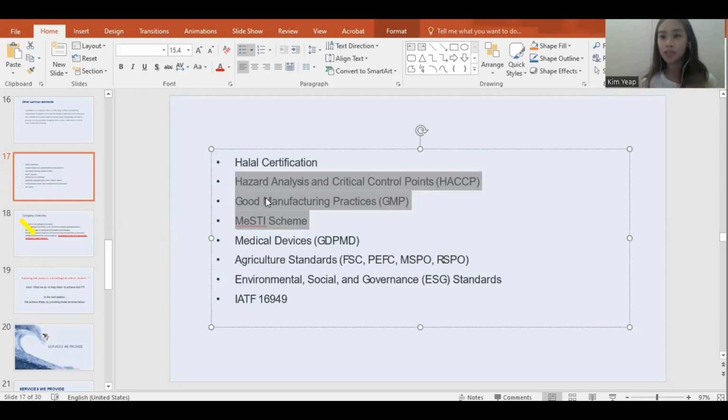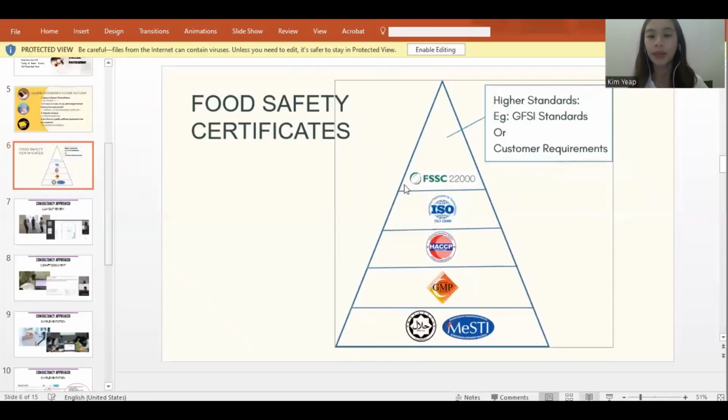So now, I'm not sure whether you will have this kind of question: if there's actually not just one standard, but 4 standards, more than one that talk about keselamatan makanan, so which one do our clients need to follow? Do they need to take all 4 certificates together, or only choose the one that is suitable to them? Okay, for me to answer this, let me explain it with a diagram here.